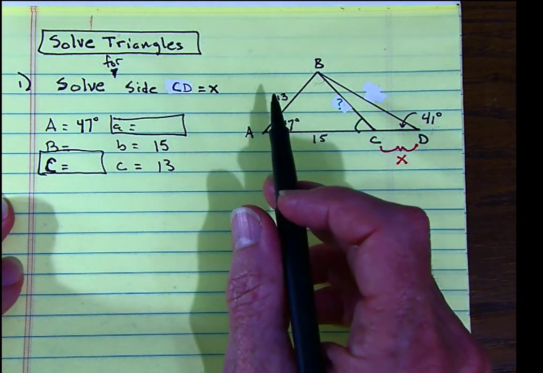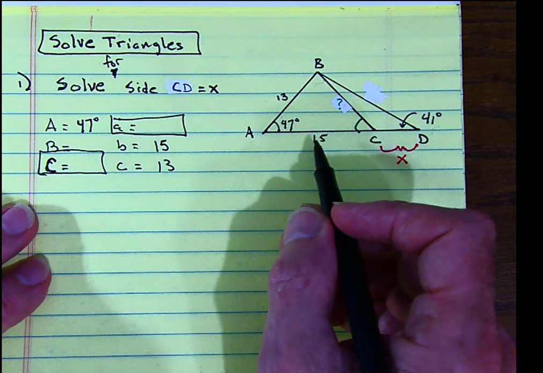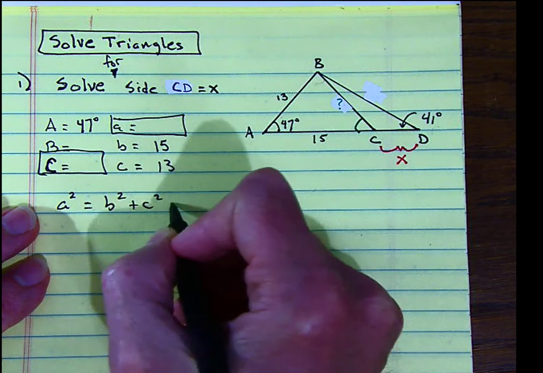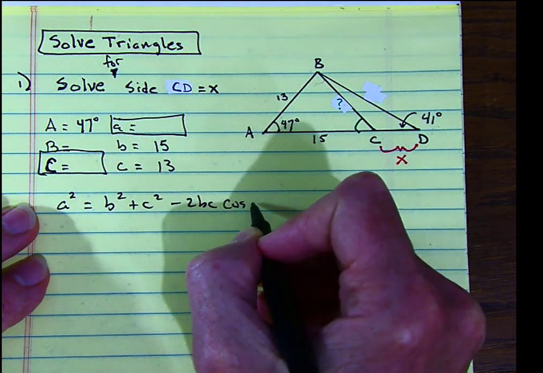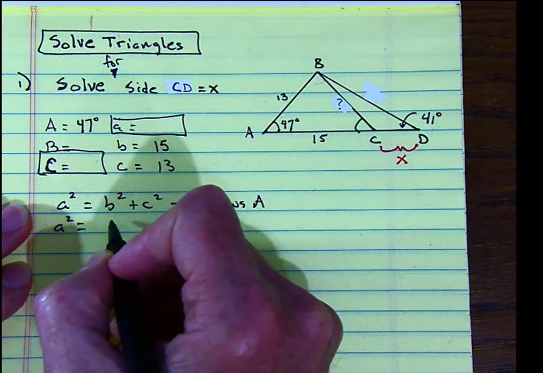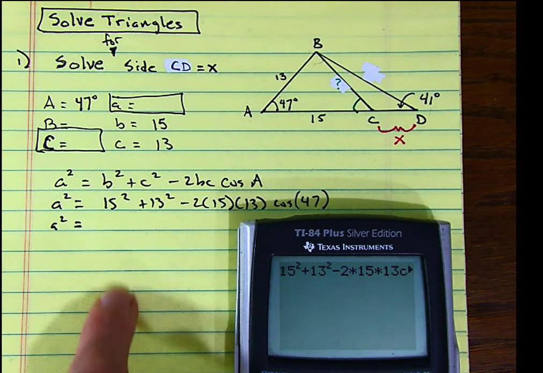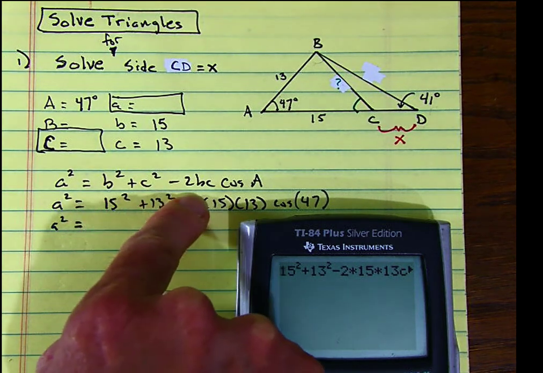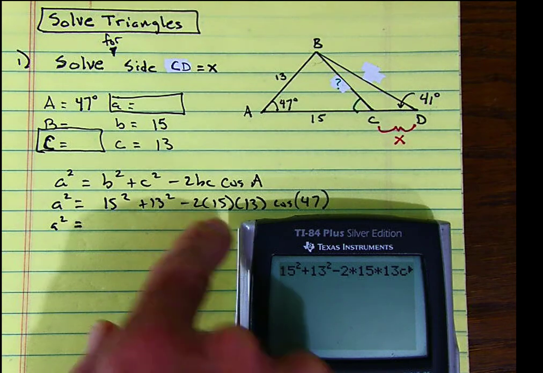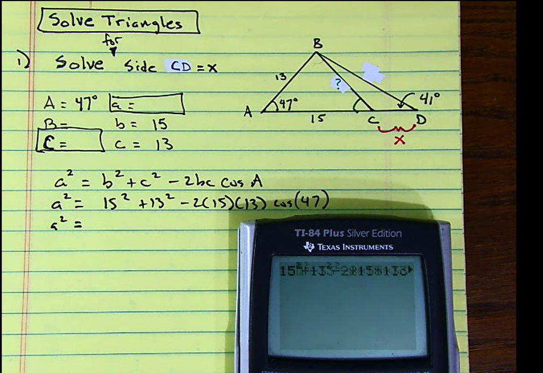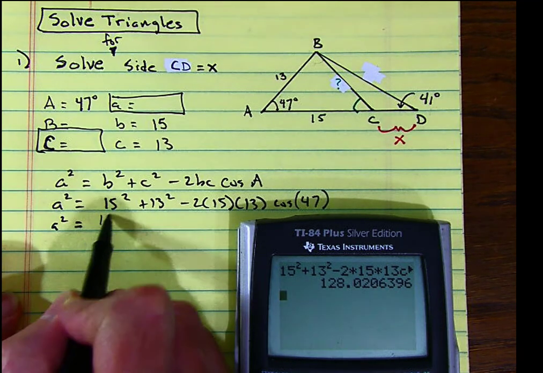Now this is side angle side data. That is the law of cosines. So if I want A, I'm going to have to do A squared equals B squared plus C squared minus 2BC cosine of A. I'm going to speed up here. Okay, so you can see I'm using the law of cosines here, and I plugged in all the information. I'm just going to let the calculator crank all this out. 15 squared plus 13 squared minus 2 times 15 times 13 cosine of 47. And that's going to give me A squared,